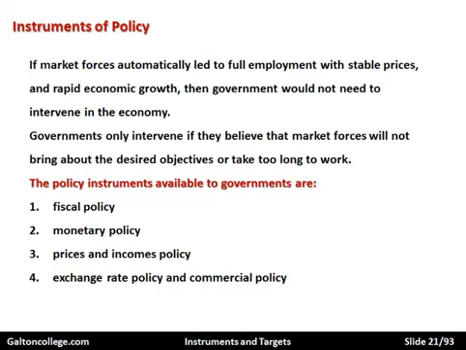Sometimes it's called a dirty float because central banks and governments intervene periodically to regulate the fall of the currency, to make sure it floats downwards gently rather than like a brick. Or if it's floating upwards, to regulate its flow upwards. Sometimes governments intervene. It's called a dirty float. But the point is that exchange rates became flexible. So the exchange rate is like the price of anything else. It's determined through the forces of supply and demand in the foreign exchange markets.